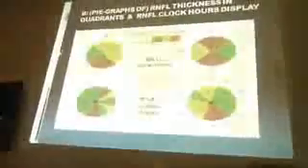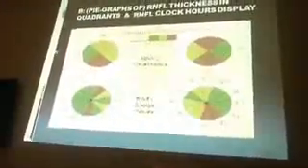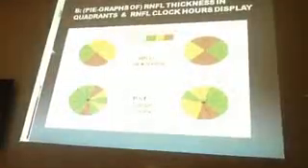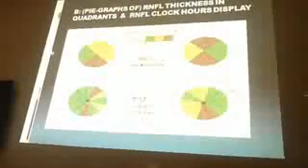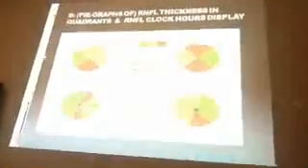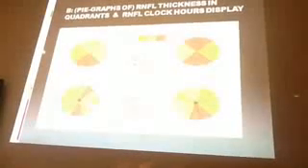Now, this is another representation, normative comparative data. These are pie graphs of retinal nerve fiber layer thickness displayed in quadrants. So you've seen it displayed in a TSNIT graph. You are also seeing it displayed in quadrants or clock hours. So these are quadrants, these are clock hours. This is very important. If there's diffuse thinning, you'll see it. But this one will give you focal thinning. It will give you an idea of whether there are focal defects.